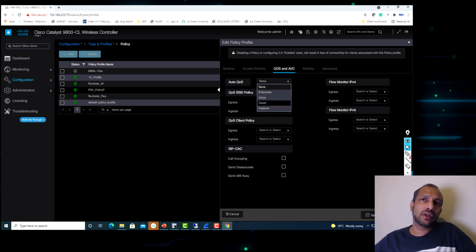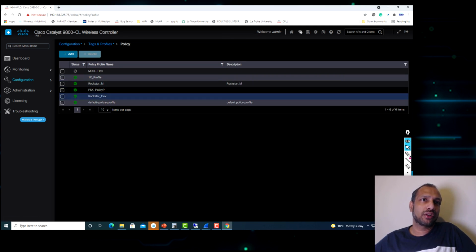Okay, so in the next demonstration, what we will look at is going through the auto QoS configuration here, probably putting in fast lane and seeing what configuration difference it brings to the controller.